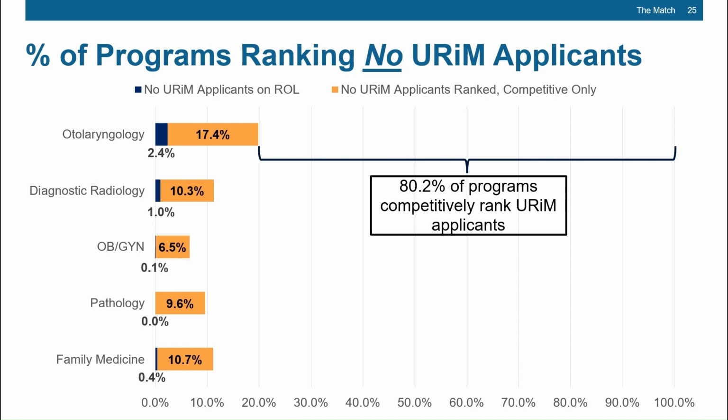I have two caveats to give you. The first one, in some cases, the top quartile of roles in our sample was really small. So in some instances, not ranking any URIM applicants competitively may be a random occurrence rather than indicative of a larger ranking pattern. The second and final caveat is that given specialties vary in number of programs within that specialty, the observed percentages also translate to larger numbers of programs for larger specialties, such as family medicine. With that, I'm going to pass it back to Chris to step us through the USMLE results.